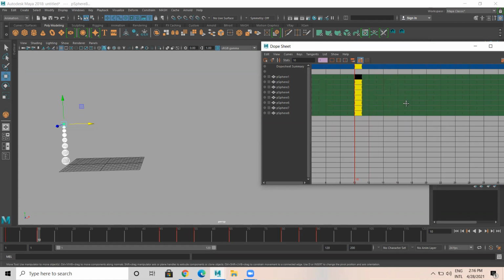Okay, polysphere 8 is the top one. So that's the reason I'm selecting 1 and I'm leaving 8.